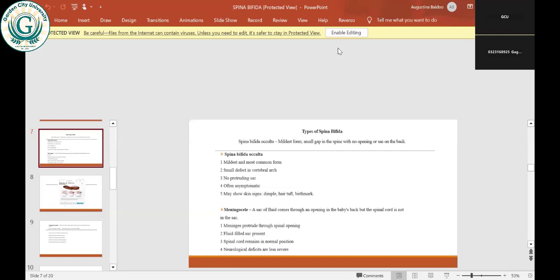So we are moving on to types of spina bifida. We have 3 types of spina bifida. The first one is spina bifida occulta. It is the mildest form: a small gap in the spine with no opening or sac on the